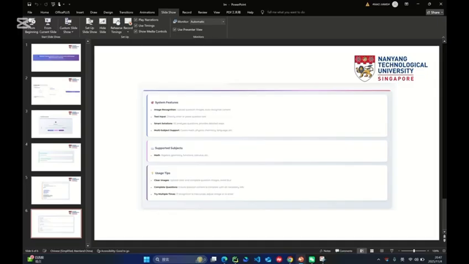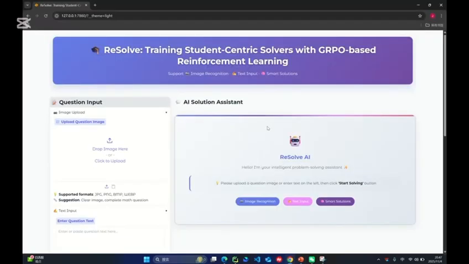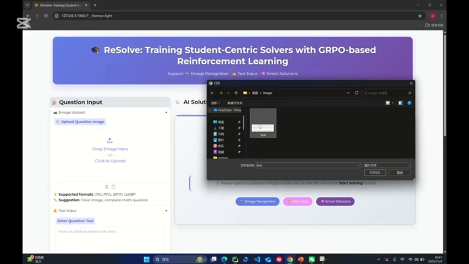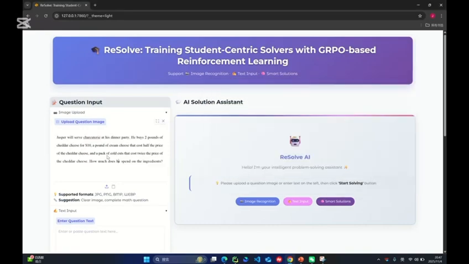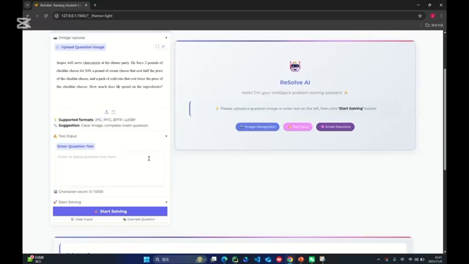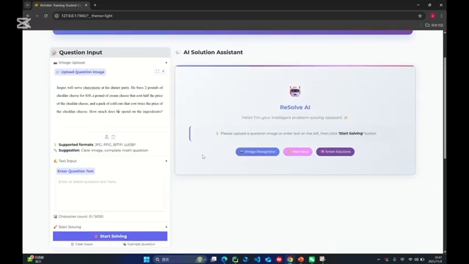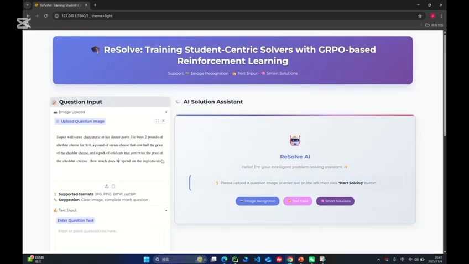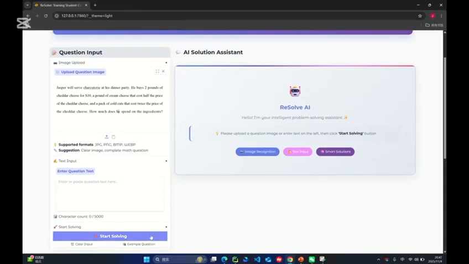Next, I will demonstrate the core process. First, you can click the image upload area on the left to upload a clear image of the question, and the system will automatically recognize the text via OCR. Or you can directly paste the question into the text input box. After entering the question, click the Start Solving button, and the right side will